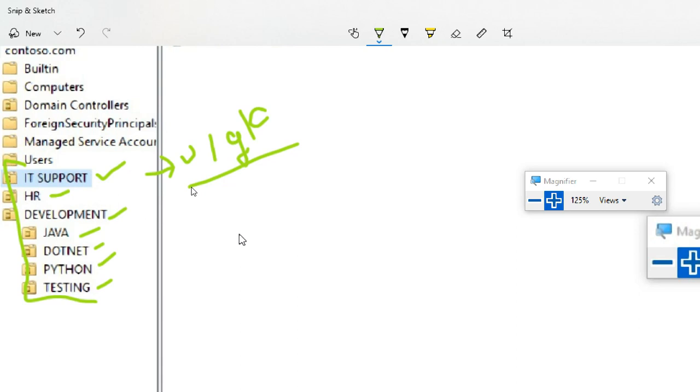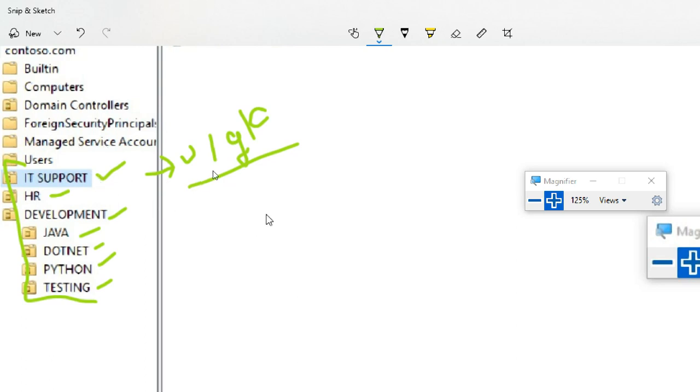For example, you are in the 2020 batch. All your notes I put in a separate folder. If I put everything in my one folder, like my desktop, we can't find where the actual file is. So it becomes difficult to understand which user belongs to which department. So that is the first point of an organizational unit.